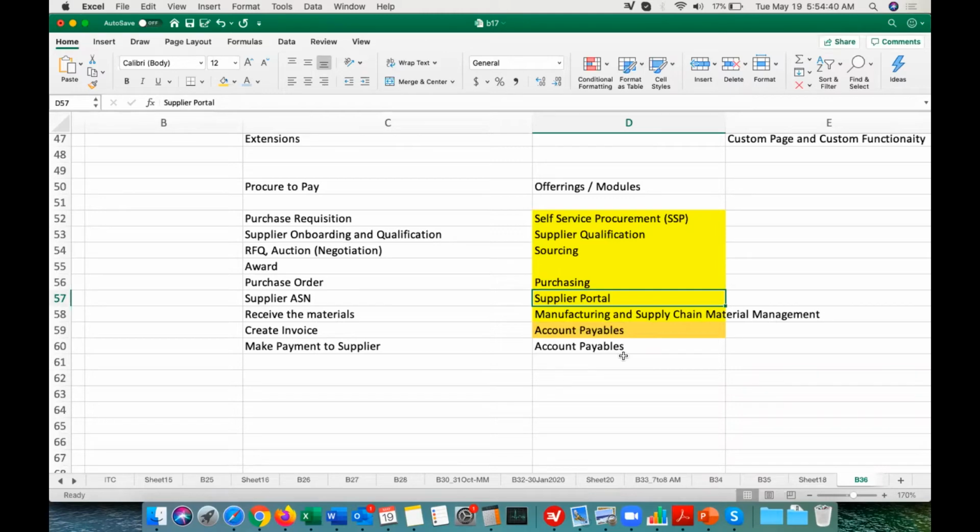In the Fusion application, once the login is created, the supplier can just upload the items which they want to sell. They can create the item or load the items. If they have more items, they can load them using Excel. If they have one or two items, they can create them manually. And then they can provide the item related information. What is the item number? What is the description? And then what is the item category? They can attach it. So likewise, they can create and they can load it.